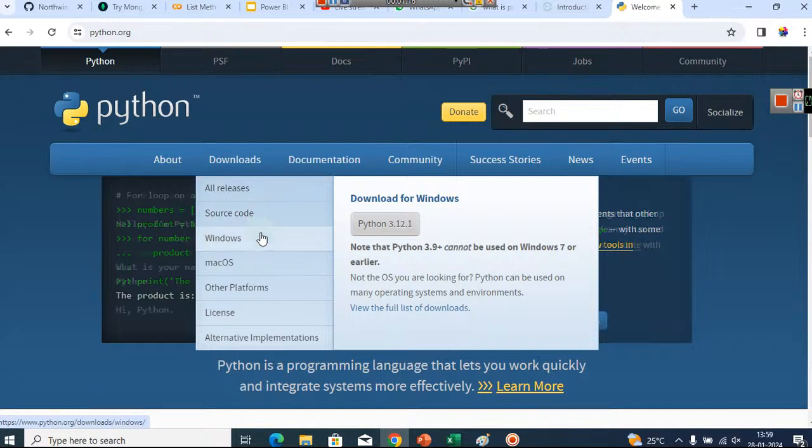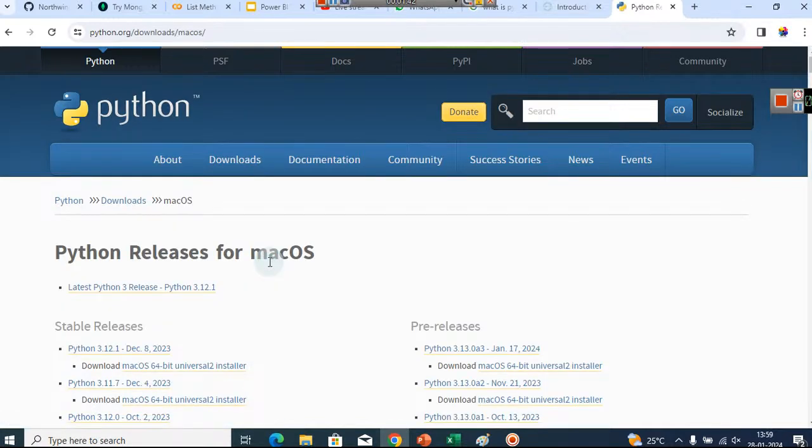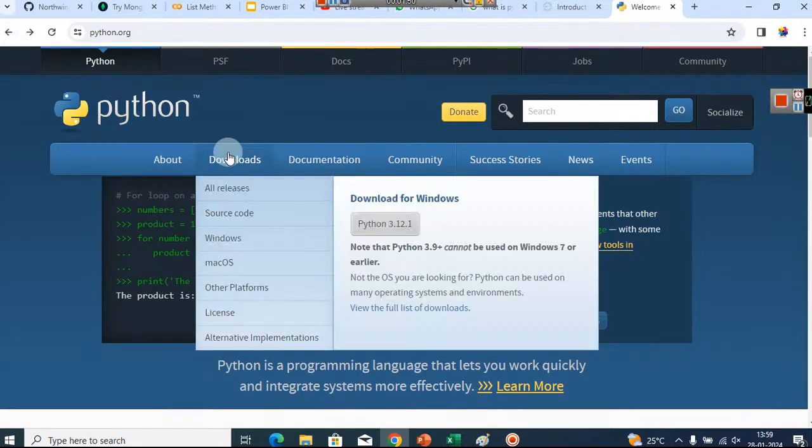From here you can go to Windows and download Python. The important thing is you have to choose the right operating system. If your operating system is Windows, you can directly choose to download Python from here. If you are on Mac OS, you can select the different releases of Python for Mac OS, and a similar thing can be done for other operating systems, like you can see here.